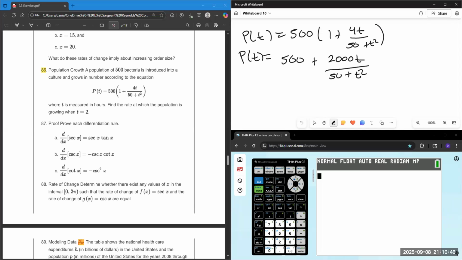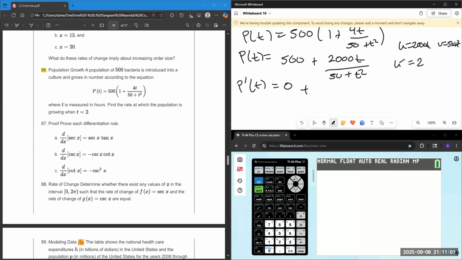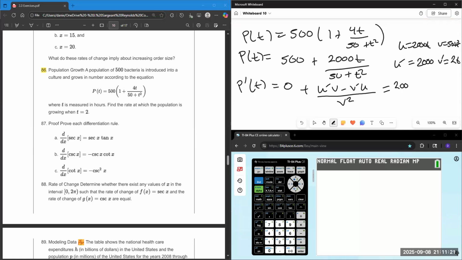And I'm not really worried about that 500 part because that's 0, but u is equal to 2000t, v is equal to 50 plus t squared, u prime is equal to 2000, and v prime is equal to 2t. So this is going to be u prime v minus v prime u all over v squared. It's equal to 2000